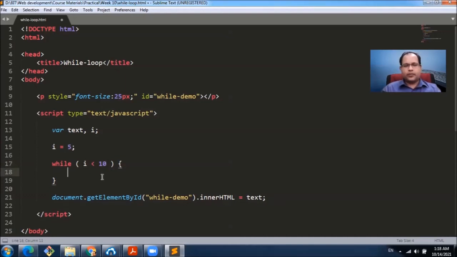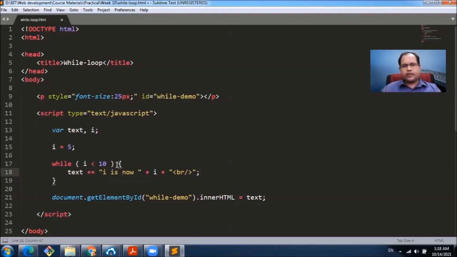Inside the while loop, we will update the text. i is now i. And also we will concatenate a break HTML tag there.